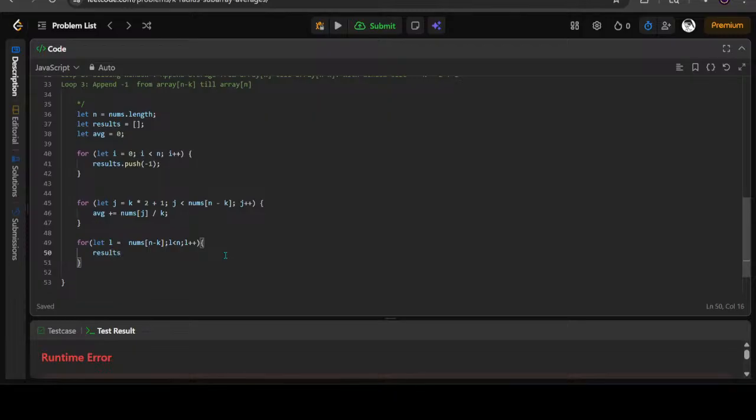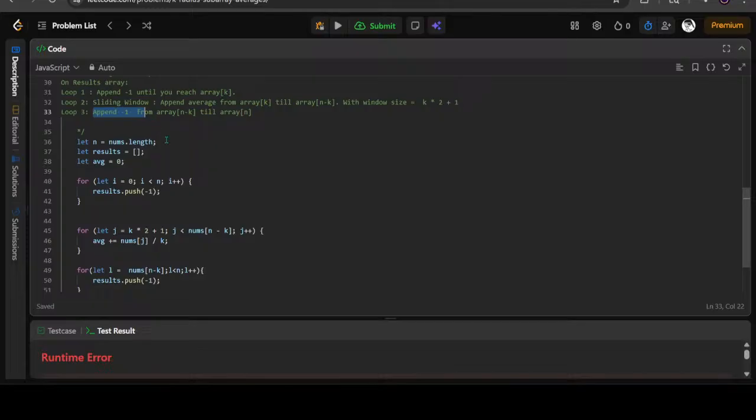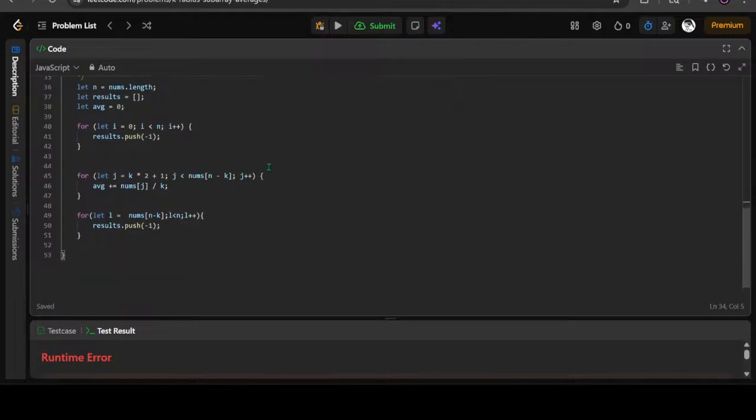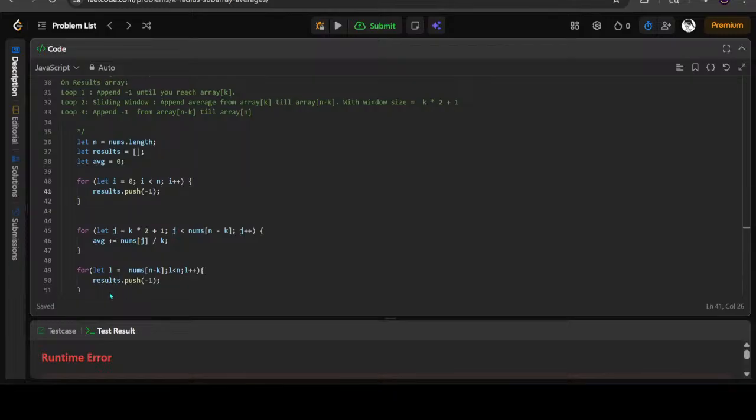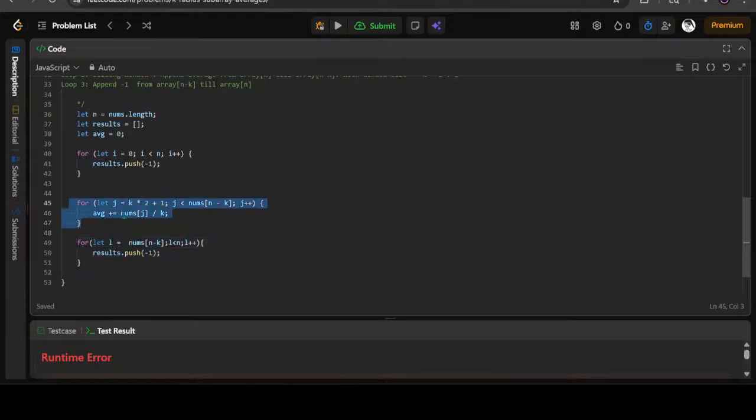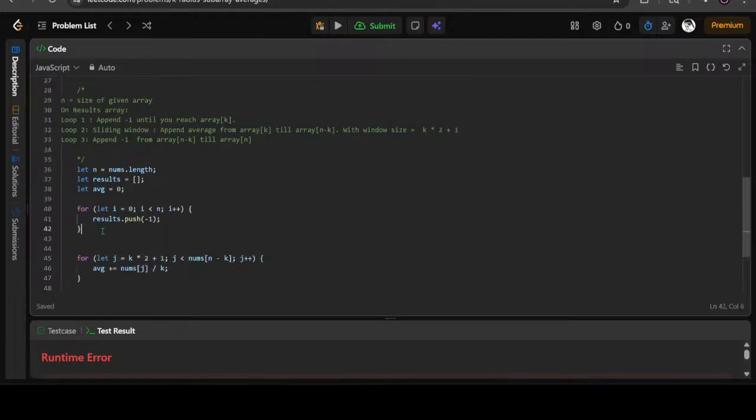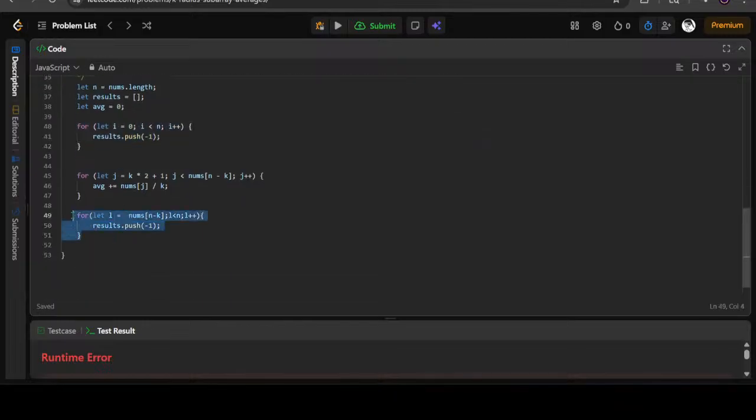Literally, my array already has the minus one. And why are we doing the minus one again? So after the sliding window, something happens. These two loops are a little ununderstandable right now. I could understand this part a little bit. Why are we appending minus one at the start and